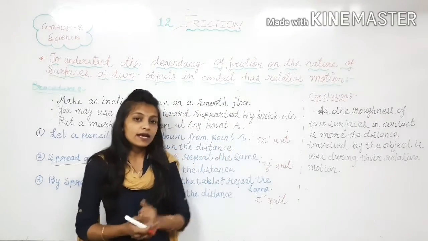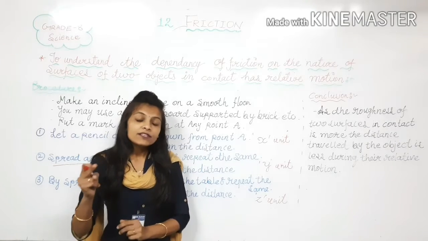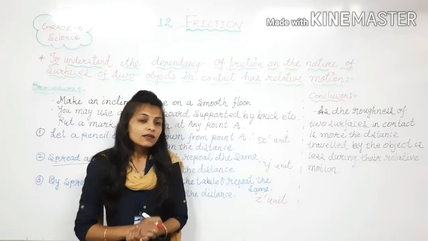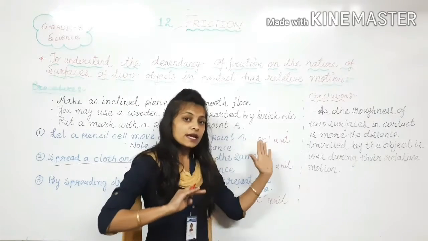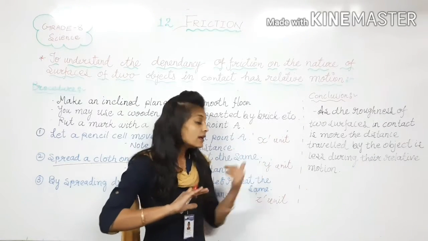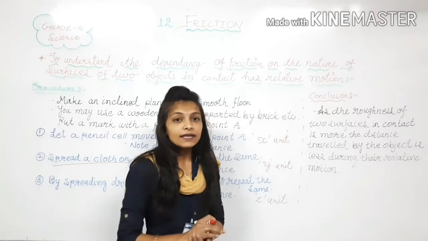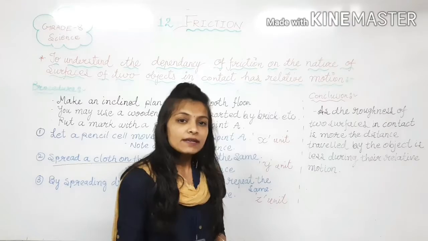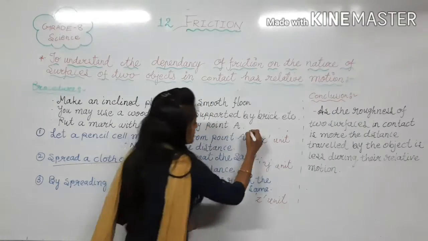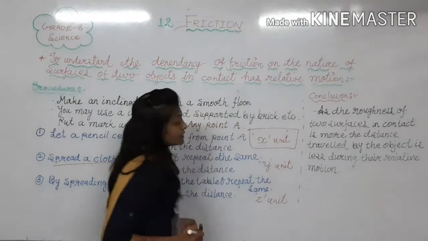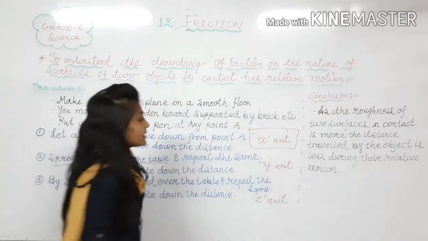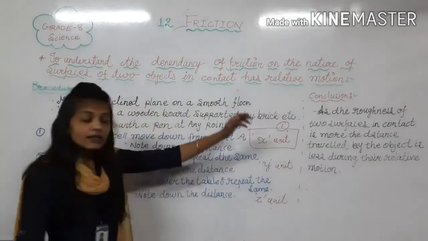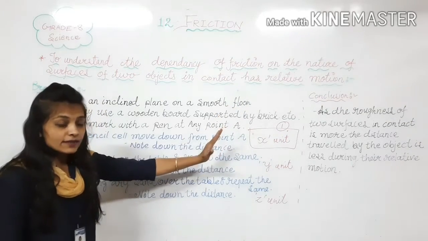As I showed in the diagram before also. In which situation will the motion of the cell be further? In which situation is the distance covered by the cell more? Which surfaces? Exactly. More distance is covered on the smooth surfaces, that is very far. So can I write here more distance in the first situation?